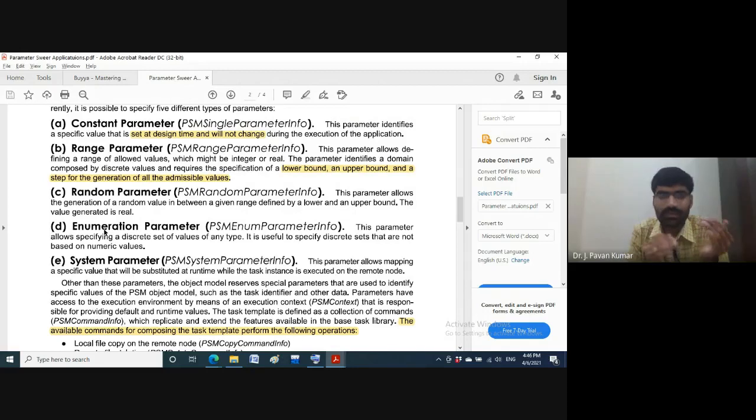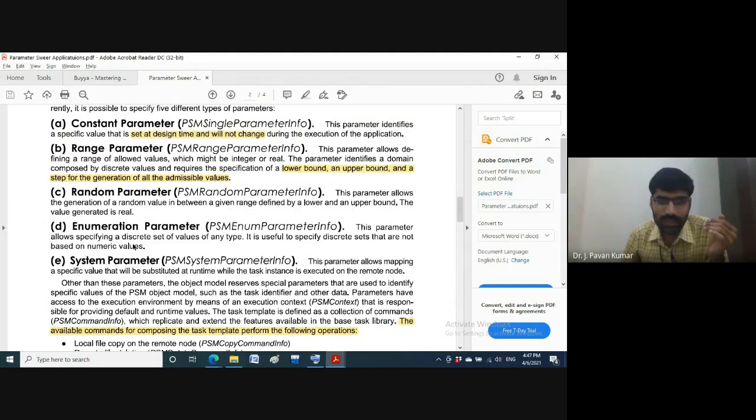Like for Sunday we can give 0, for Monday we can give 1, like that. Whenever we refer to Monday, internally it will be considered as 1. We can define symbolic constants. Such facilities can be availed by using the enumeration parameter, and it is supported by the class called PSM enum parameter info.